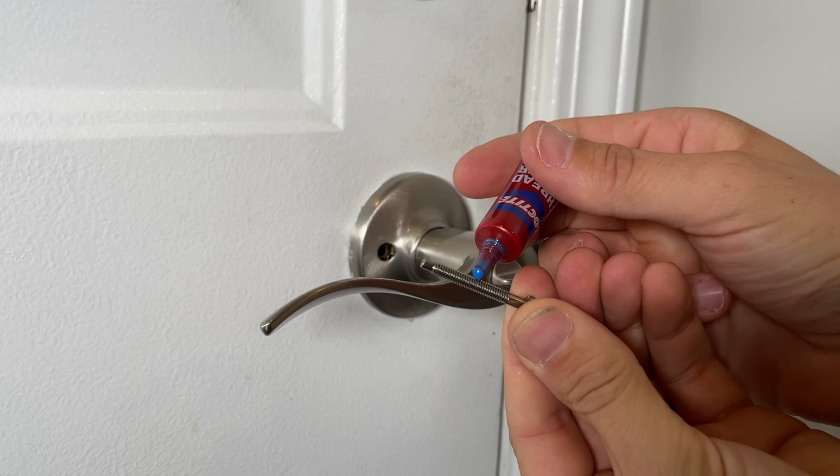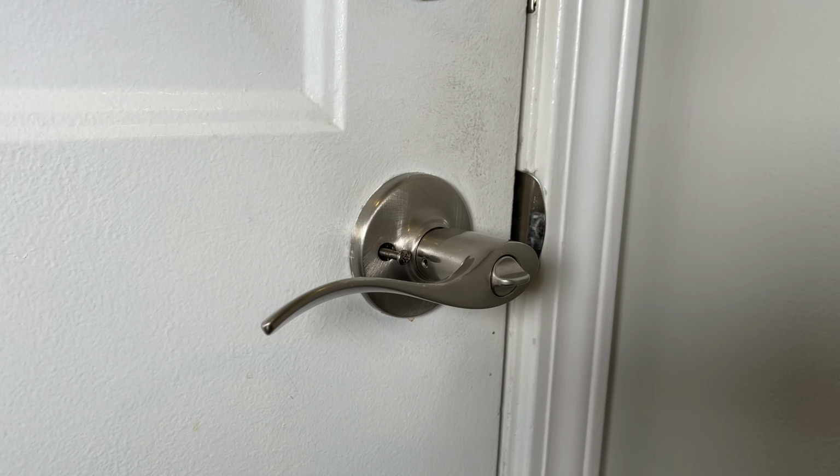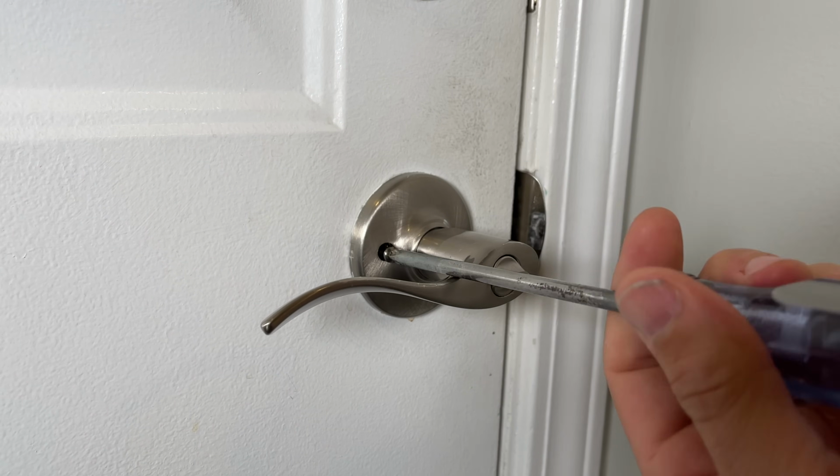Number 2 is your door knobs or door handles. And specifically, I found this most useful on my exterior doors as opposed to interior doors. And that might just be because they're getting a little bit more use, a little bit more force as they are opened and closed over time. I like to put, again, 1 small drop of blue Loctite on the 2 screws on your doorknob. And then for good measure, you could even put those on your deadbolt, but specifically the doorknob is what has